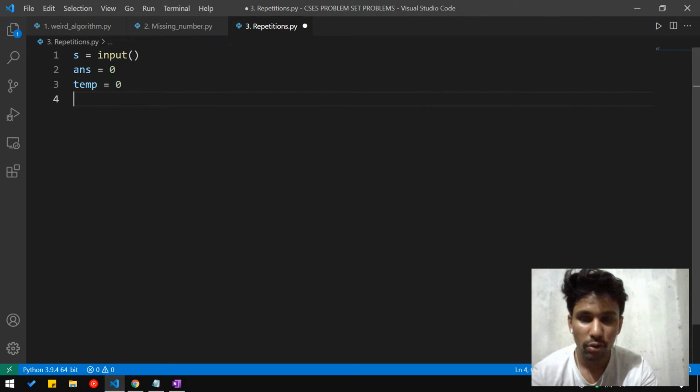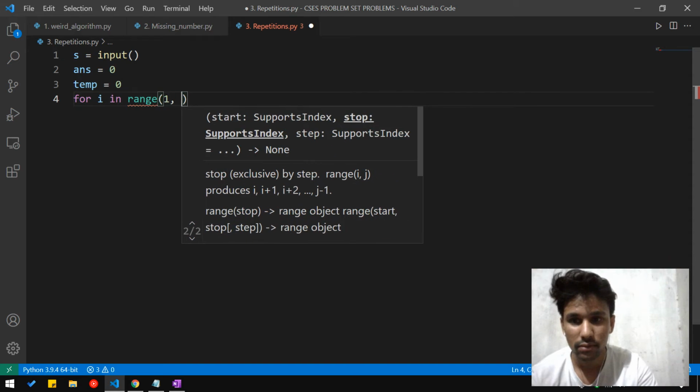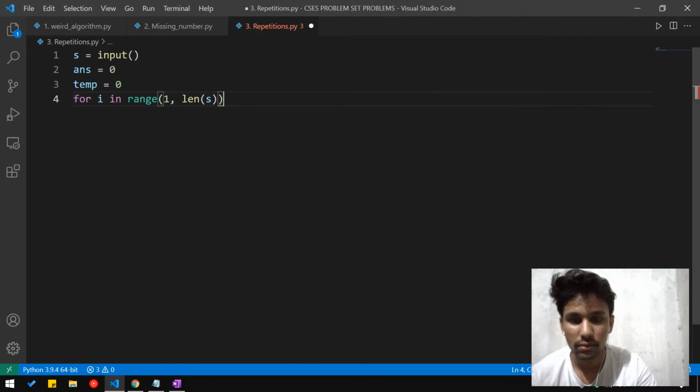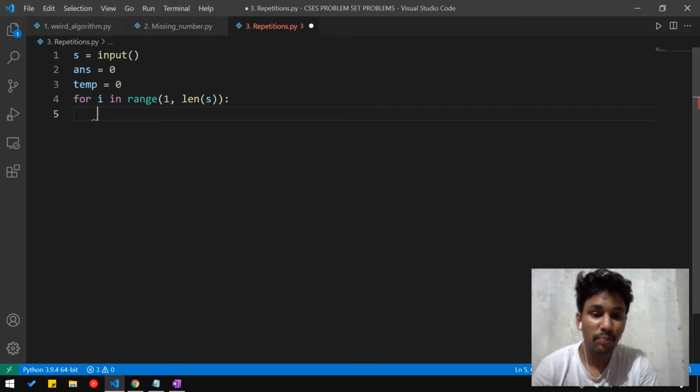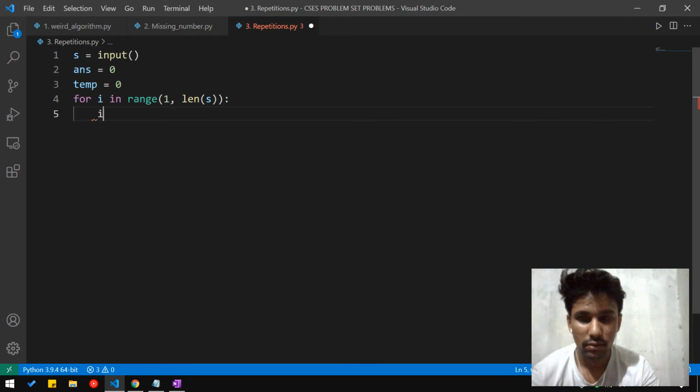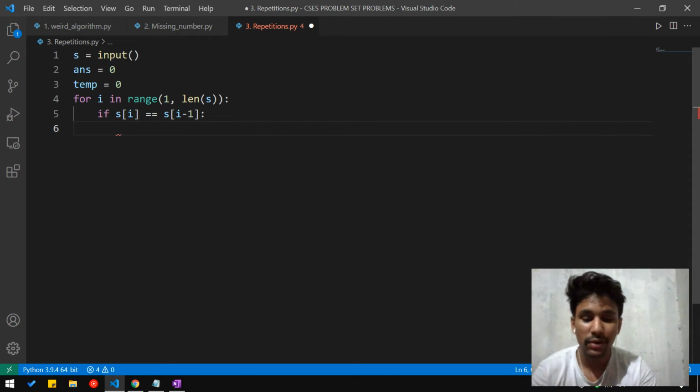After then, we will use the for loop to iterate the string. After then, we will check whether the previous value of the ith index of S is equal to the ith index of S. If these values are equal, then we will increment the temp variable.